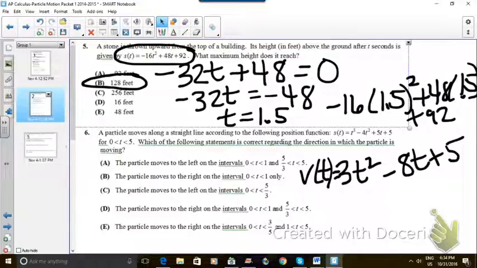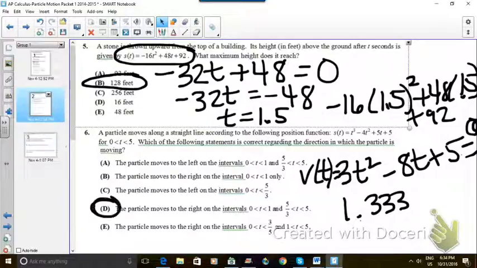I'll graph it to get my critical points. So if you graph that function where it's equal to 0, critical points are where the derivative is 0, or the slope is 0, so that's at 1 point, 0.333, which is 5/3. So if you graph that and look at it, or you can just plug in some numbers, you'll find our